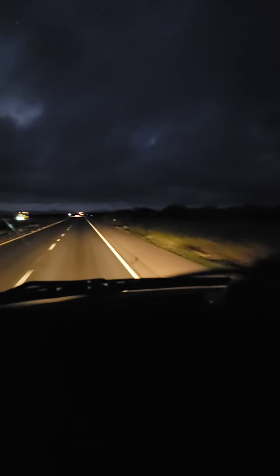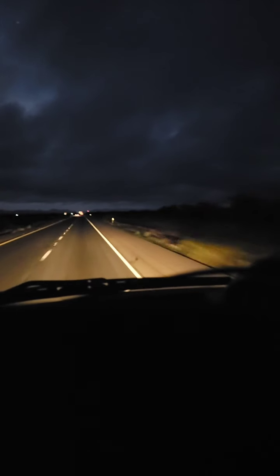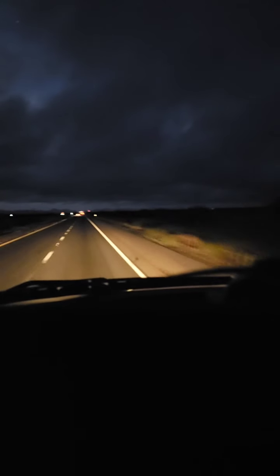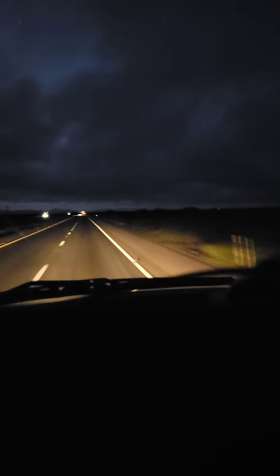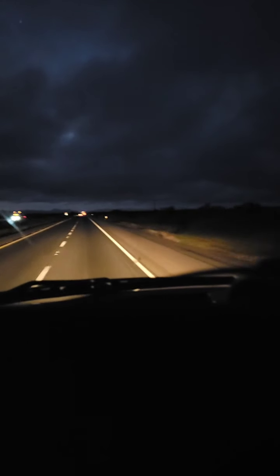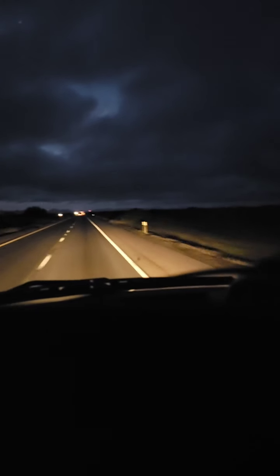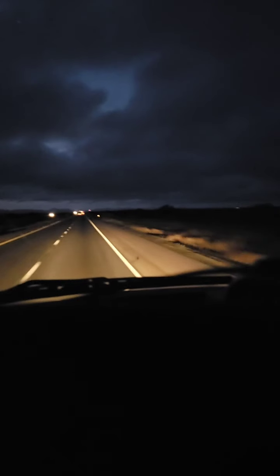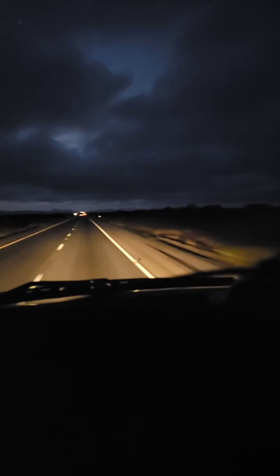It is Friday, July the 23rd, about 4:50 a.m. here in Arizona, almost New Mexico. Started driving a couple hours ago, but the sun is starting to peek a little bit. You can kind of see this. The clouds are kind of lighting up from the sun coming up. It's more to the left that it's starting to peek, but